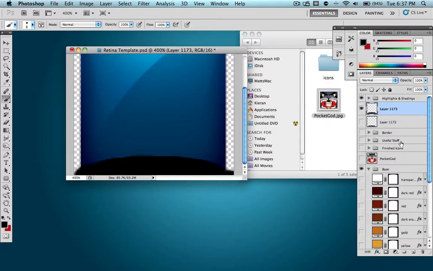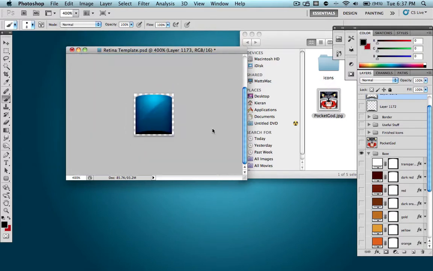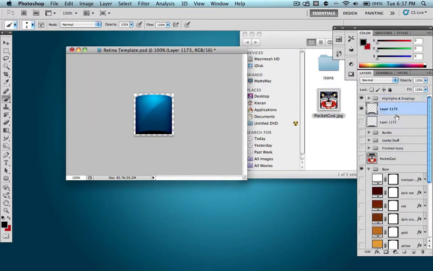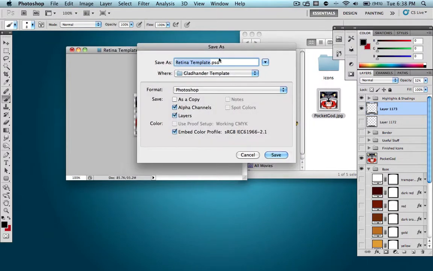and then we're going to do the same thing: go to the base folder, command click on this, select inverse, control X, and now we have this, but now it looks way too black. I'm going to zoom out here and I'm just going to adjust the opacity on this layer, maybe 32%, looks pretty good. Let me check on the Pocket God layer here. That looks pretty good, it looks pretty 3D now,